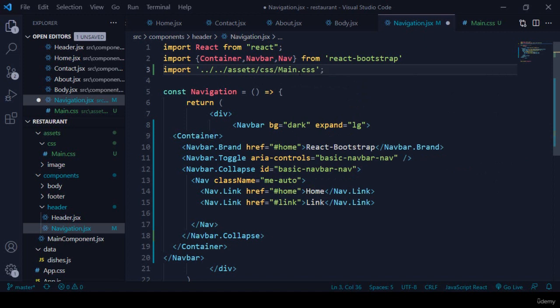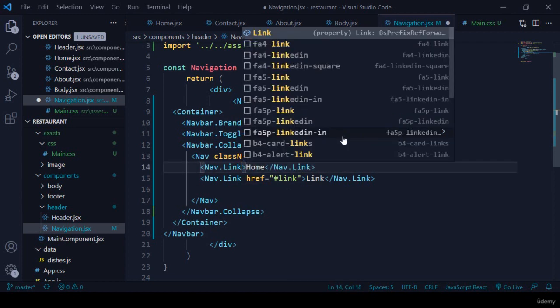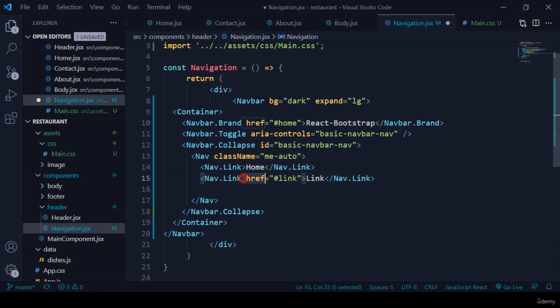So now we are able to access our main CSS, and here that is our home link, and that is our link, right? I have already installed React Router DOM, so now we are able to access that link. In React.js, if you want to put a link, it will not be like that anchor tag. Here I simply remove this anchor tag, and also I remove this anchor tag. Okay, here we have to use it by the Link,